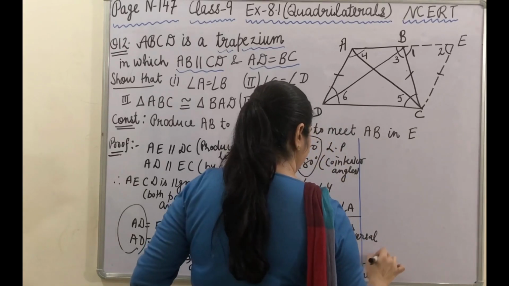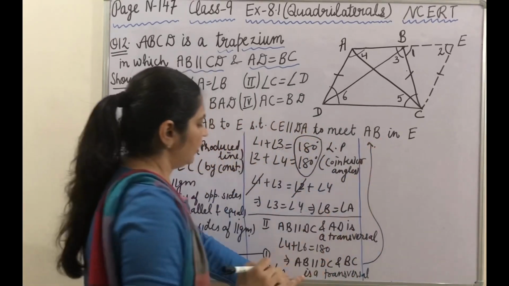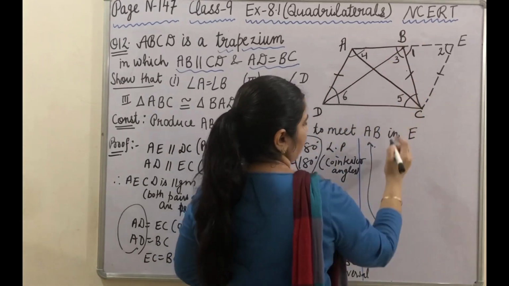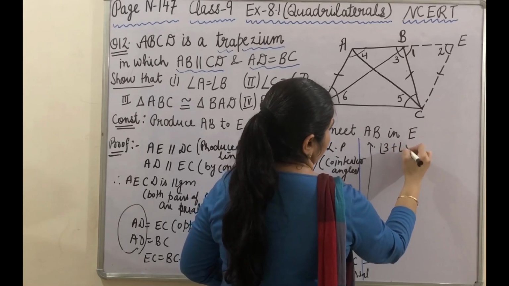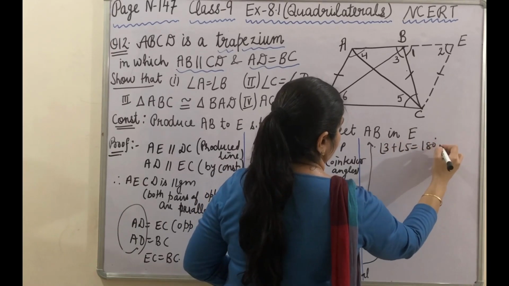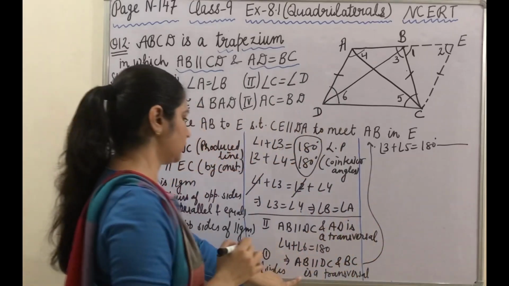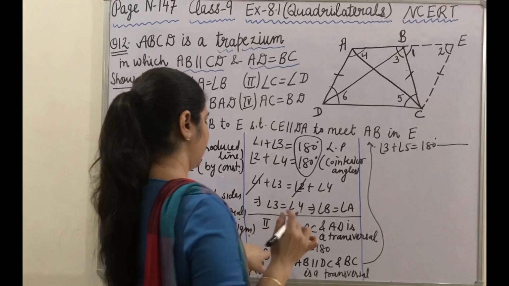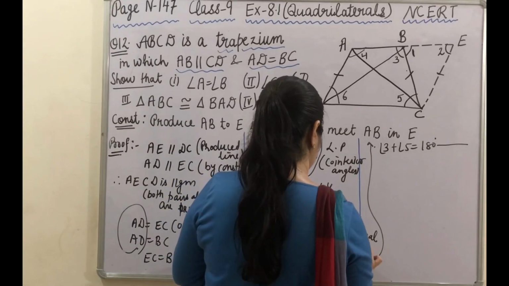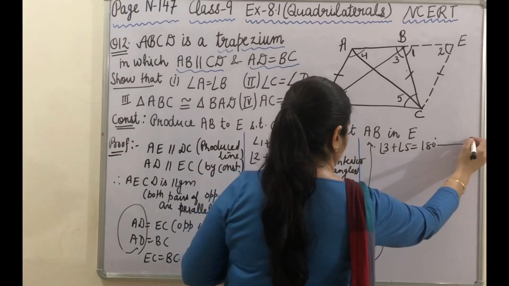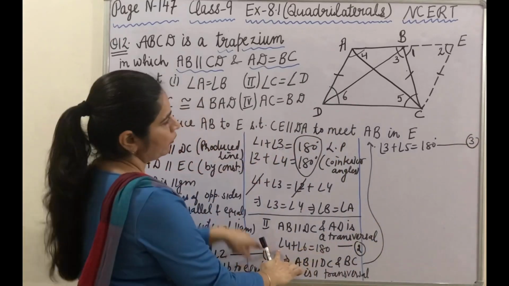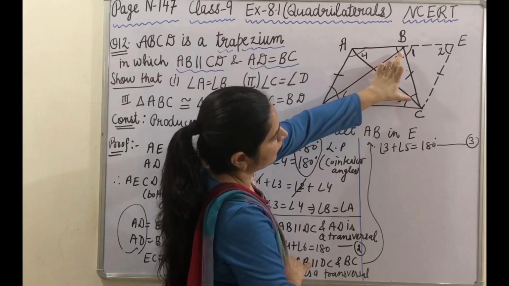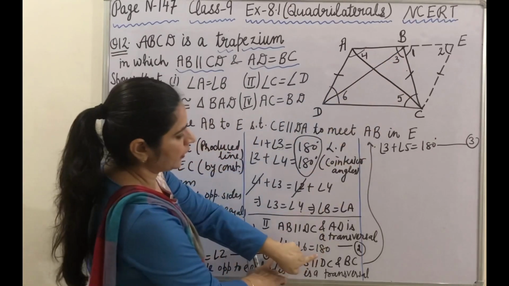Now here I am doing, these two lines are parallel, this is a transversal line, so 3 plus 5 are also 180 degree. Let this be an equation. Here I am giving this as equation 2 and this is equation 3. Here 4 plus 6, these two are 180 degree, and here we have proved 3 plus 5 are also 180 degree. Look at here, 180, 180.